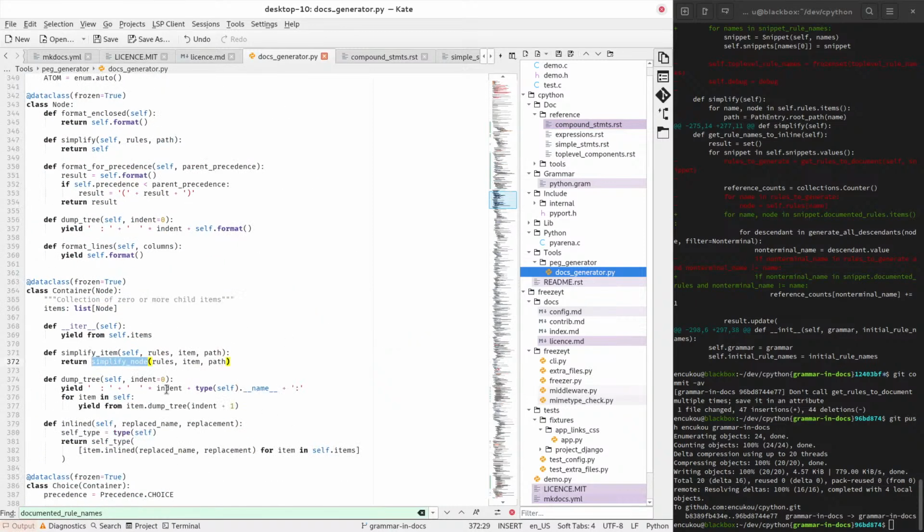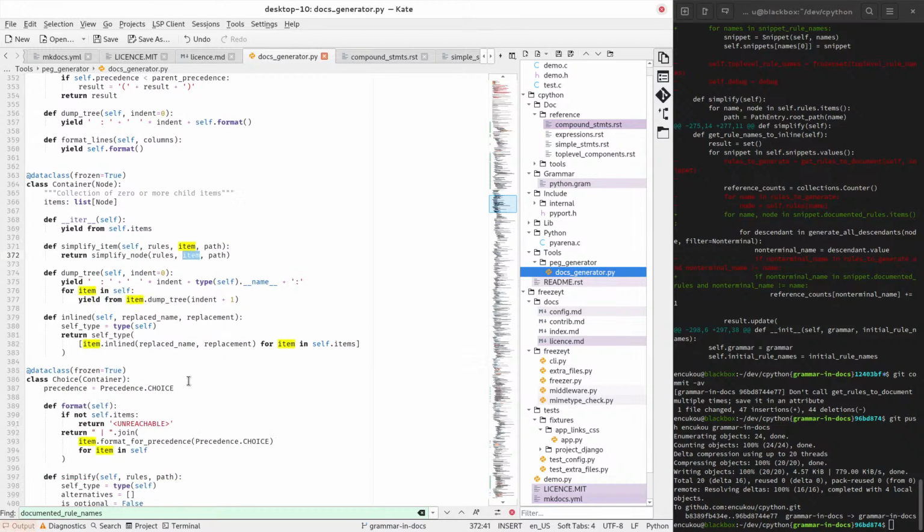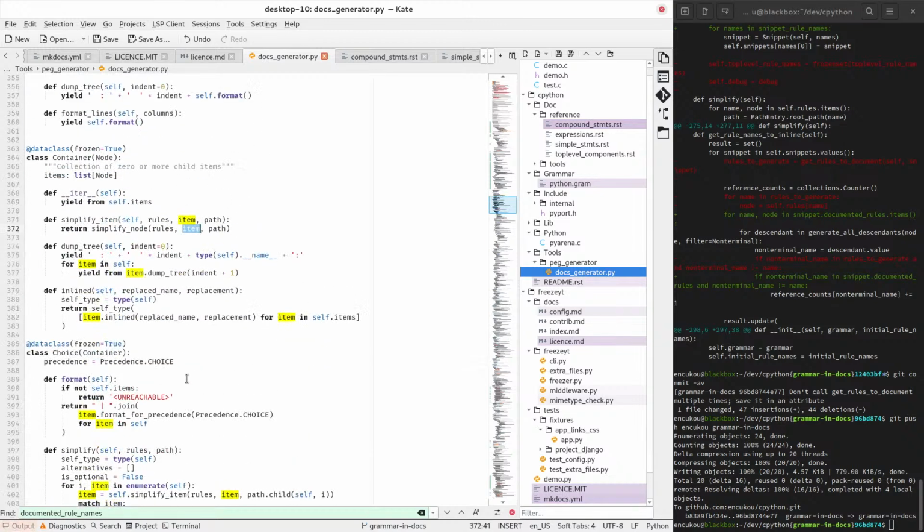Oh, simplify node only takes rule item and path. Oh, it's already pretty simple. That's interesting, but it definitely should take the full grammar. Right, so